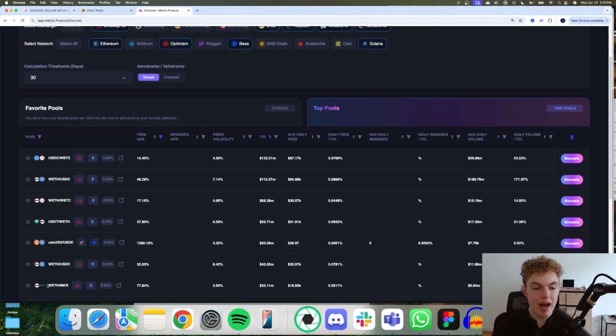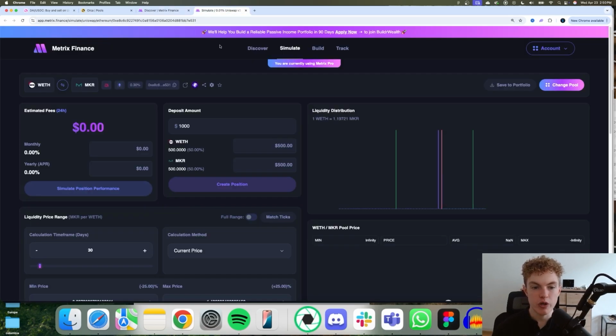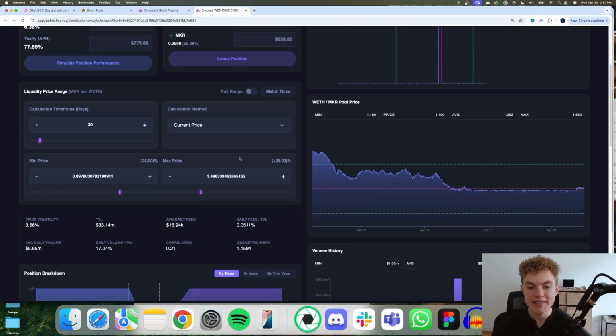For example, we have wrapped ETH to MKR. Let's go ahead and simulate this in a new tab and check out the correlation. So scrolling down, we can see some information. Oh, only 21% correlated. So I personally wouldn't want to take on exposure to this pool, but what we can